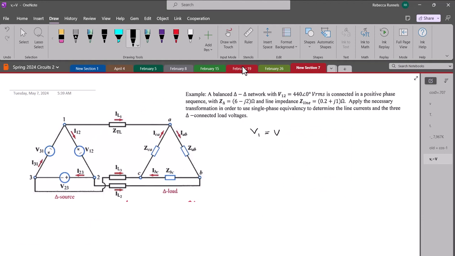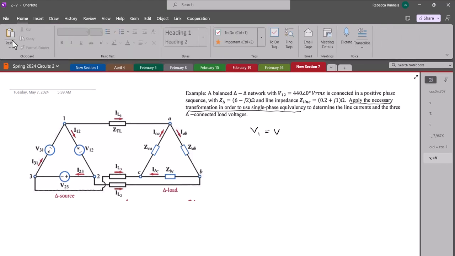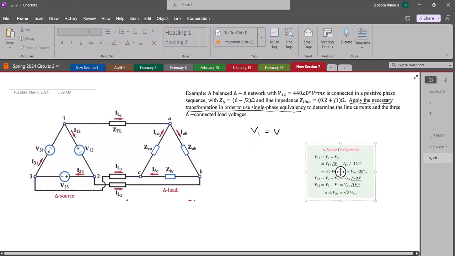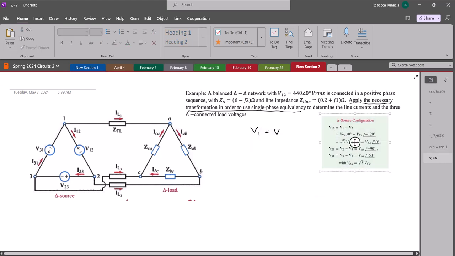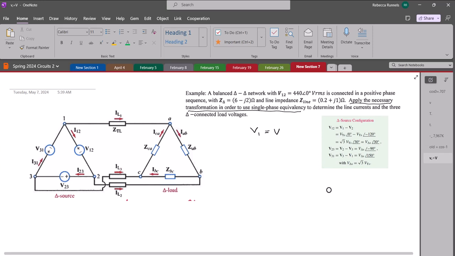So it says apply the necessary transformation in order to use single phase equivalency. Well, yes, that makes sense. So that is what we're going to do, and it does make things easier. So here we have the transformations that we would make. So we have that V12 is given equals 440